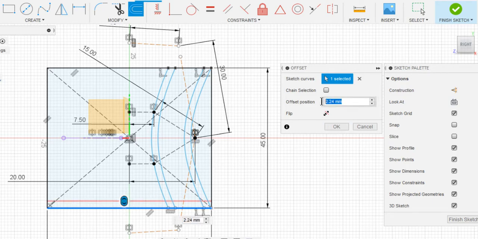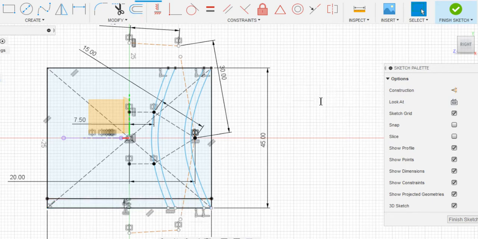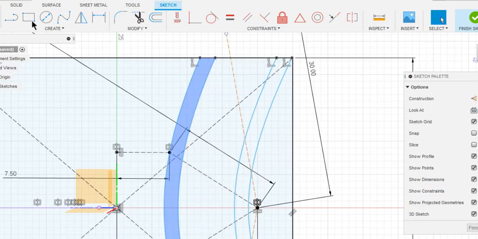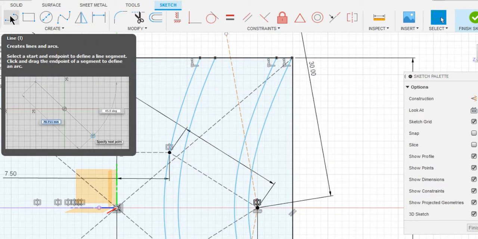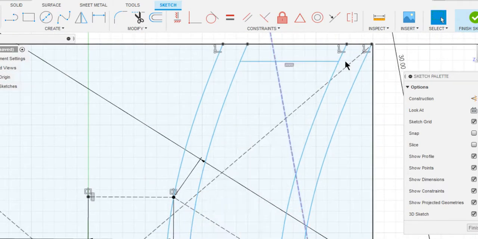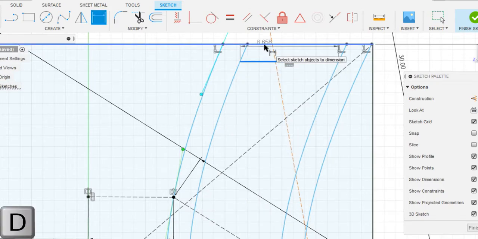Let the offset distance be 3 mm and make it for construction. I want to draw a line from this profile to this profile, so that we'll close it. Let the distance from this line to this line be about 2 mm.